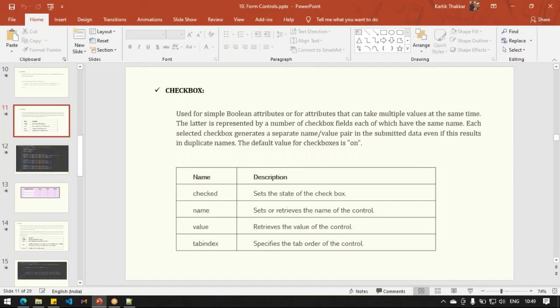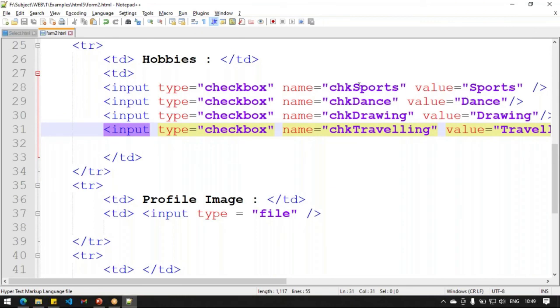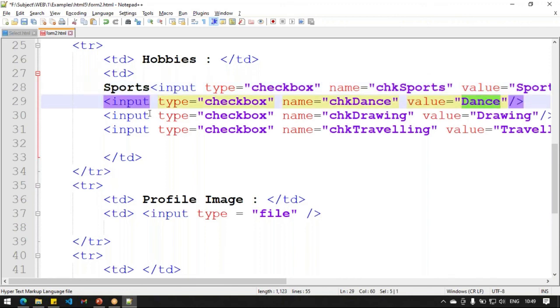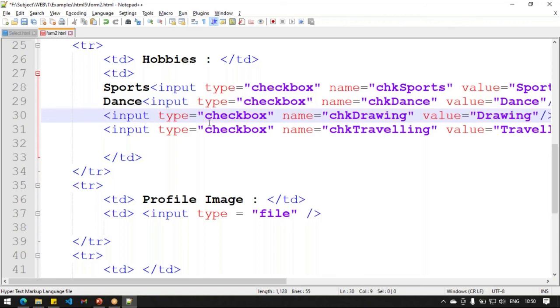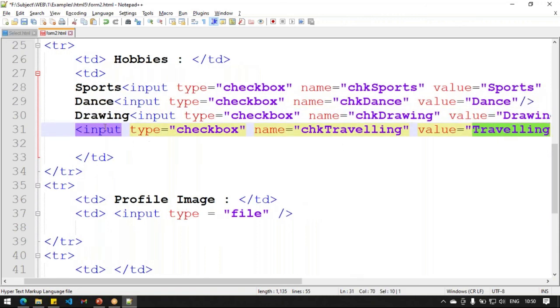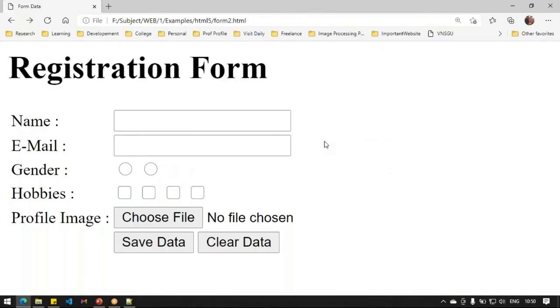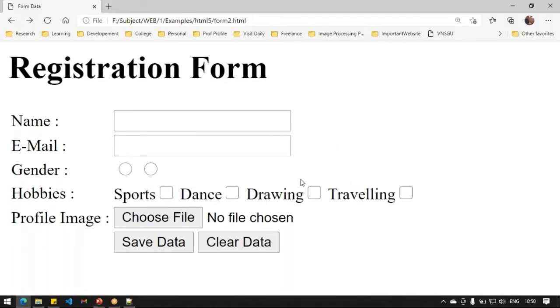Yeah, and we don't have a value for the checkbox, right? So you need to provide it, say here.